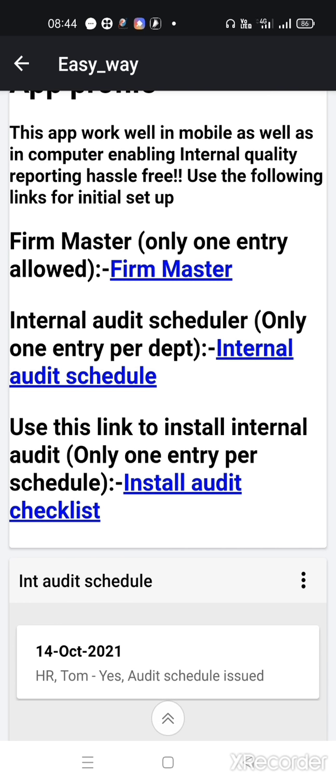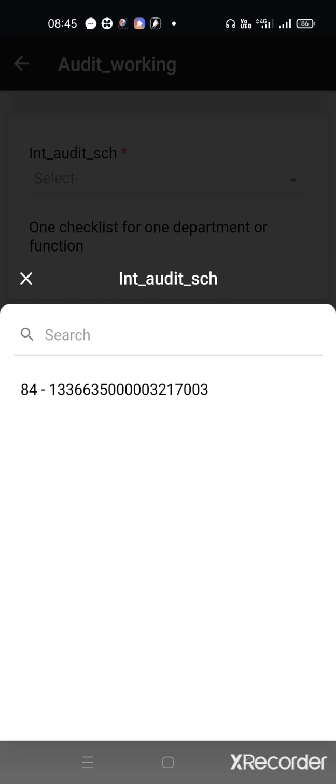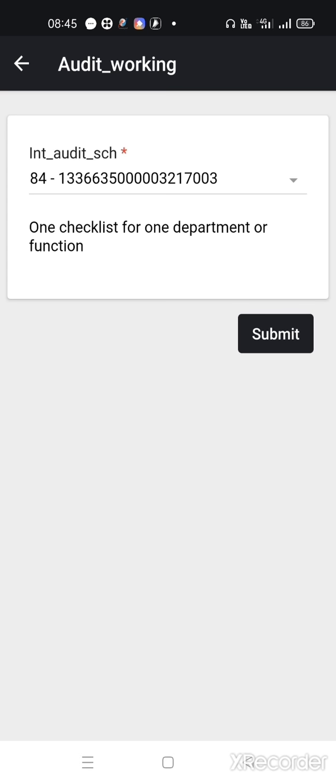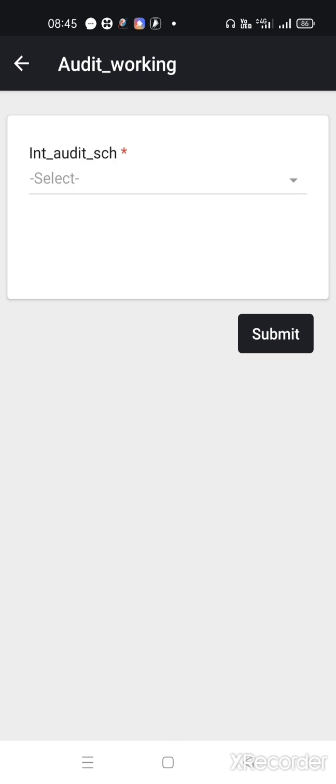Assign, use this link to install internal audit. Okay, click the button, select the scheduled audit, which is 84. This is the one we created for the HR department. Submit. Now the internal audit check sheet has been inserted into the app.